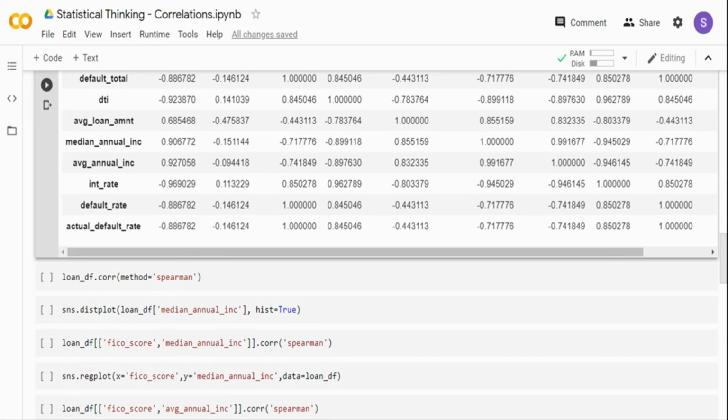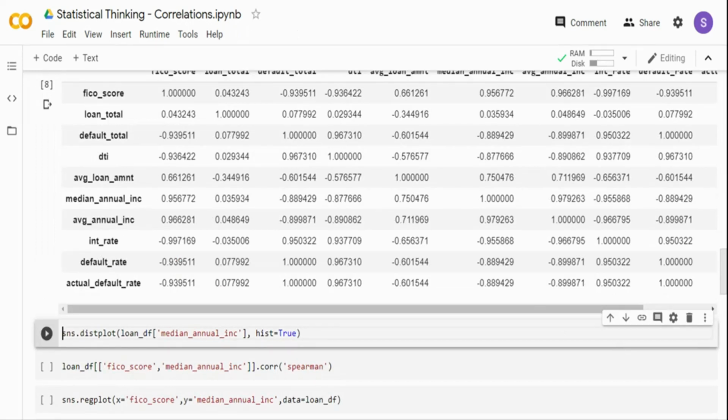So if there's a strong linear relationship, then you may go for Pearson correlation. The only thing is Pearson correlation has an assumption that both variables should be normally distributed. So if both the values are not normally distributed, then Pearson may still give you the strength of the relationship, but not in a more accurate way. The next one is Spearman rank correlation. Let me run this also before going to the details of it.